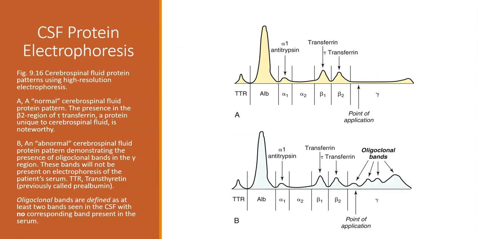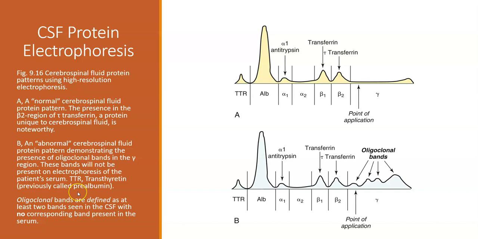This is an illustration of cerebrospinal fluid protein patterns using high-resolution electrophoresis. On the top, figure A, is a normal cerebrospinal fluid protein. The presence in the beta-2 region of transferrin, a protein unique to cerebrospinal fluid, is noteworthy, and you expect that to be present. B is an abnormal cerebrospinal fluid protein,